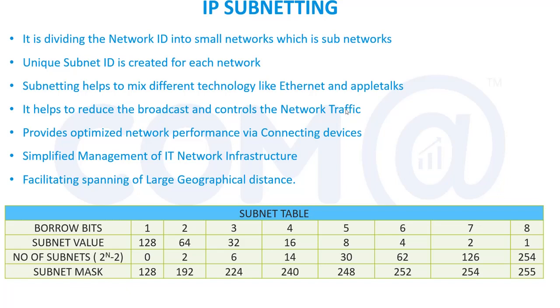So in case of class C, three portions are network portions. The fourth portion is the host portion. So from that fourth portion, you are going to borrow the bits. If you are borrowing one bit out of 8 bits, automatically what happens? The subnet mask will change. So out of 8 bits, you are borrowing one bit, so the number of bits for host will reduce to 7.